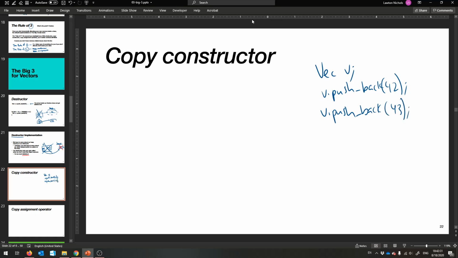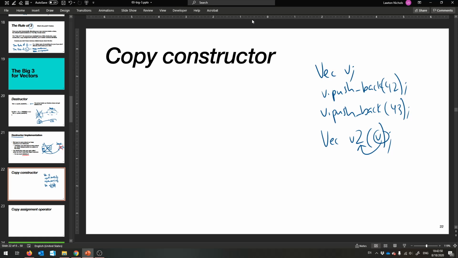And then I want to do this. I want to say vec v2 with v. So copy v into v2. That's the idea. And so what needs to happen is, well, we need to make space for that new array,